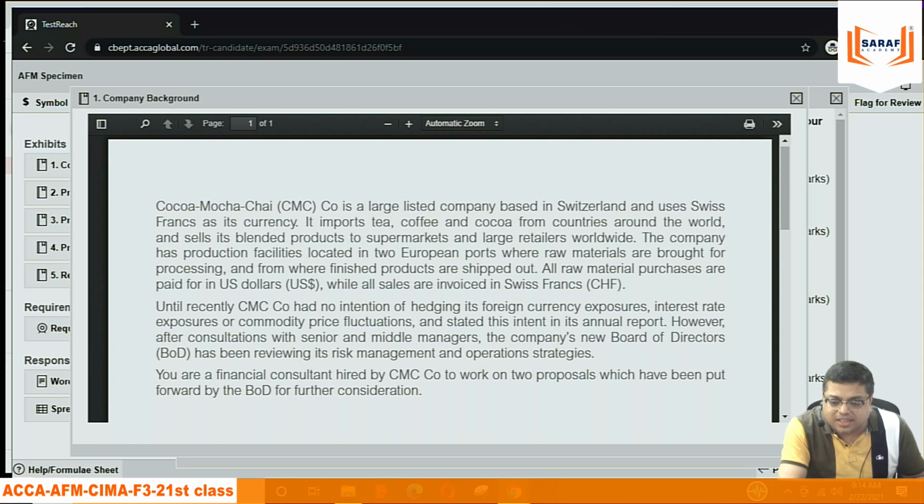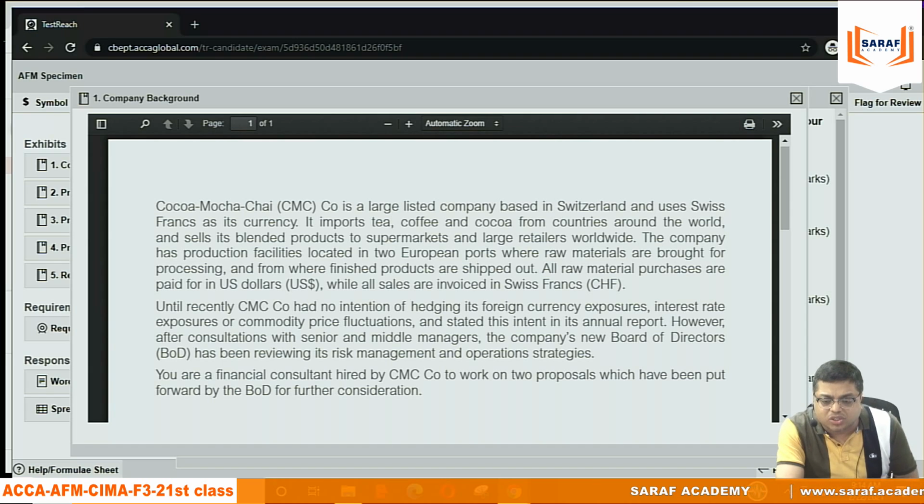The company has production facilities located in 2 European ports, where raw materials are bought for processing and from where finished products are shipped out. So we have made our factories near to ports only. Very good. All raw material purchases are paid in the US dollar, while all sales are invoiced in Swiss franc